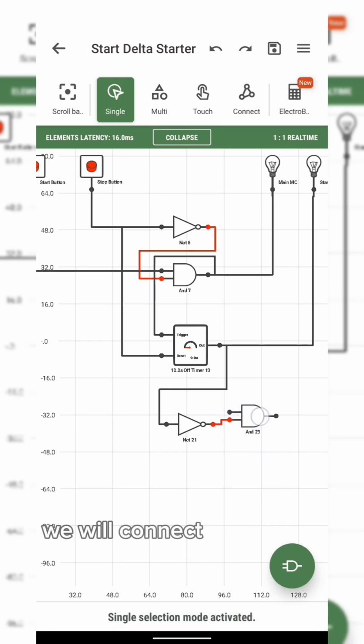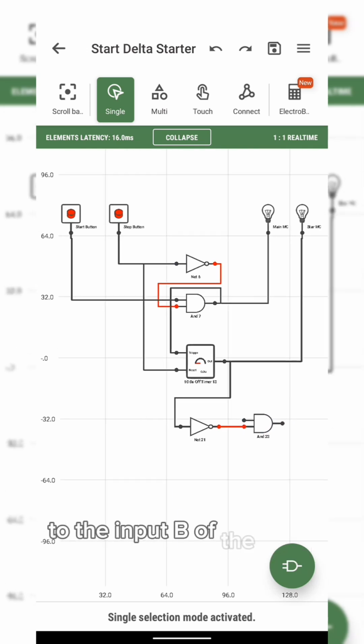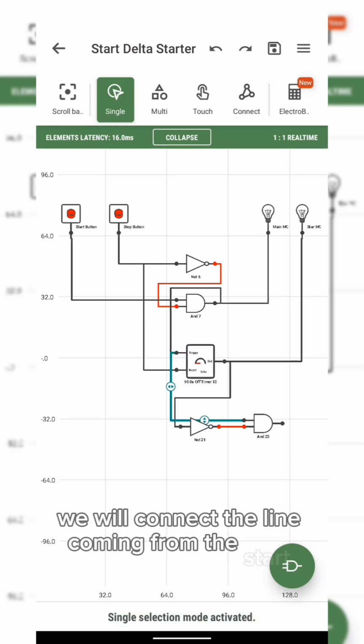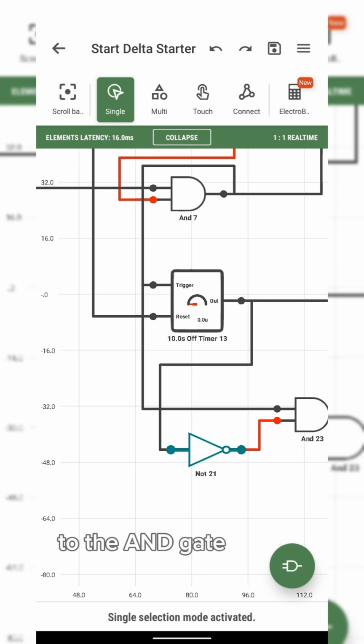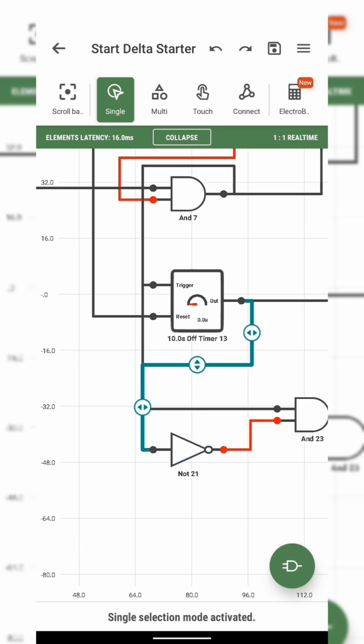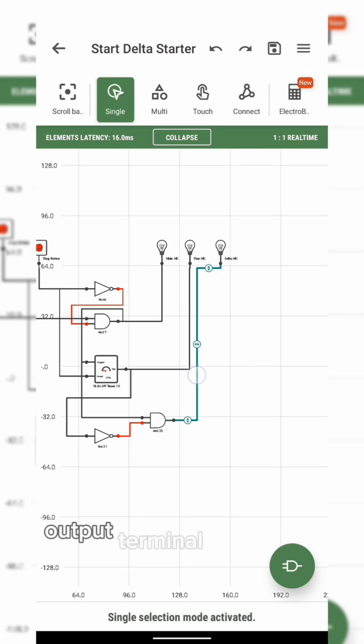Then we will connect the output terminal of the NOT gate to the input B of the AND gate. Now we will connect the line coming from the start button to the trigger terminal of the timer to the AND gate input A. Then we will connect the AND gate output terminal with delta MC or light.